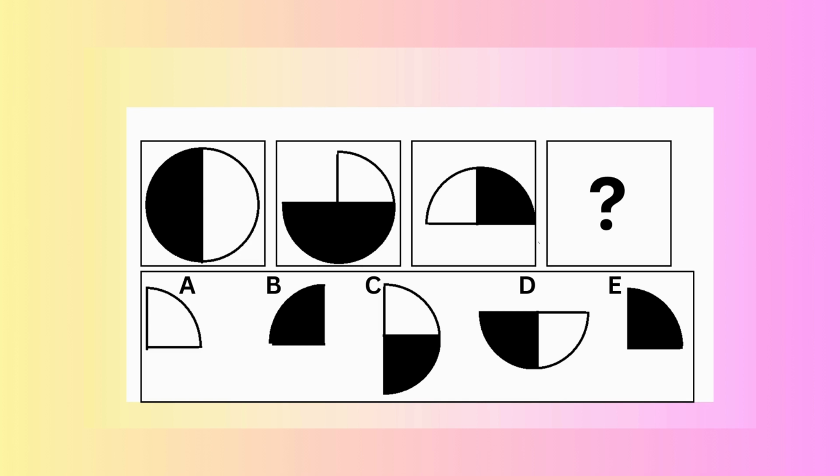So these are going in an anti-clockwise direction, if you see, because it's rotating one time. If it rotates one time, it will make this shape, and then the black is going to be at the bottom and the white at the top. And then in the other one, if this one rotates again, it will go this way. So now we have this white part in here, and this black half part on the other side, and we're going to figure out what the next one is by rotating this one again,